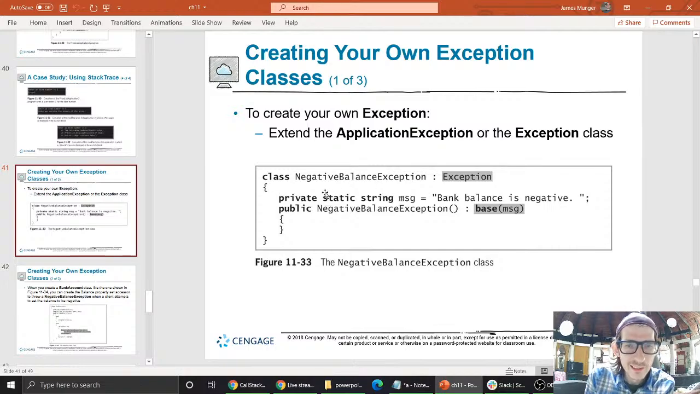All right, we are going to provide a static string here to provide a message for our exception, okay? And the fact that this is static here means that we don't need to